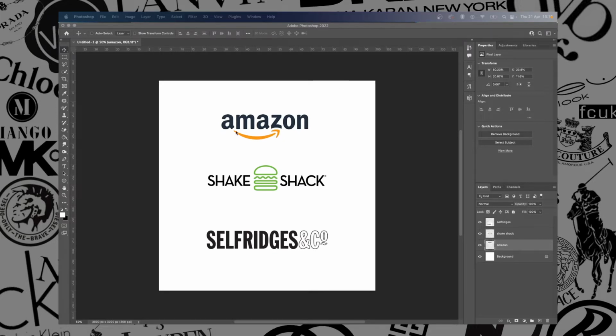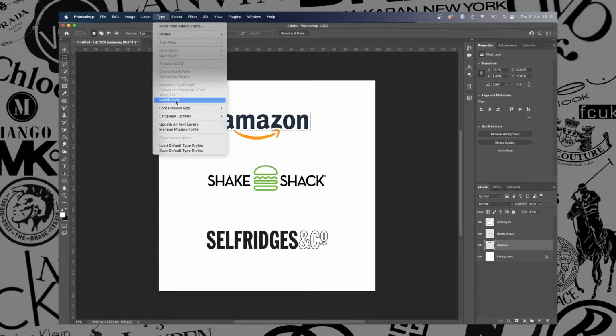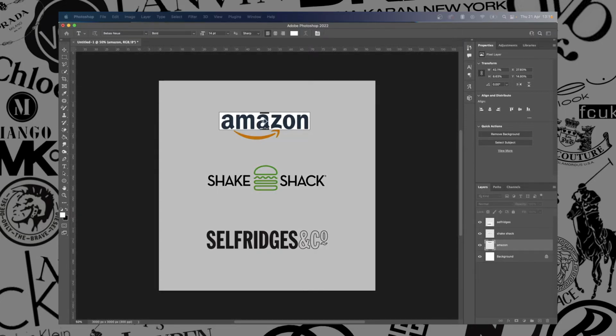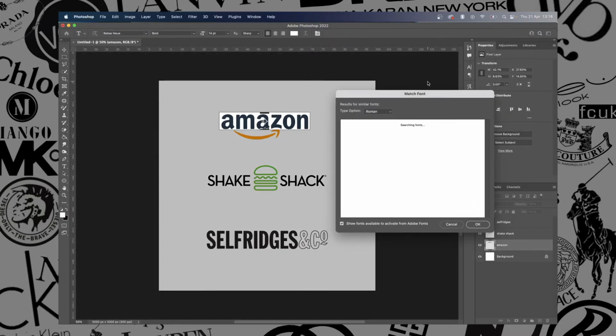So I've placed 3 recognizable logos and I'm just going to show you how we can find a similar font to all of these. Get that marquee tool, select the text, type click match font, and then you just wait and it will show fonts available to activate from Adobe Fonts. And these are all the fonts you have here, which you can test out, which are as close and similar to the original